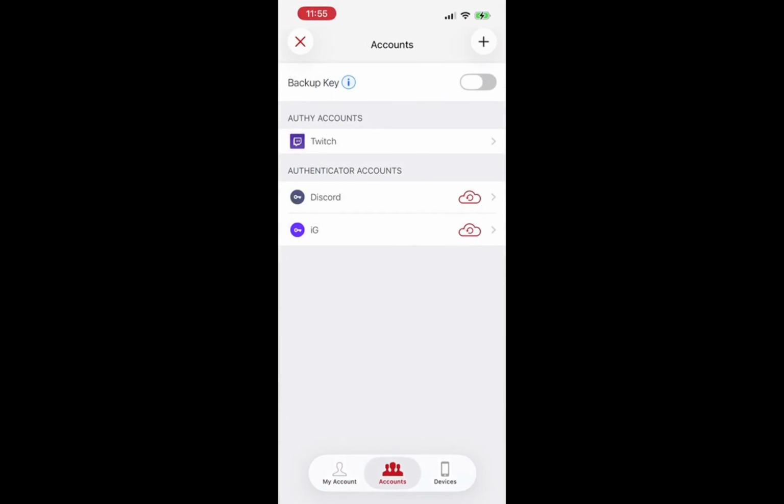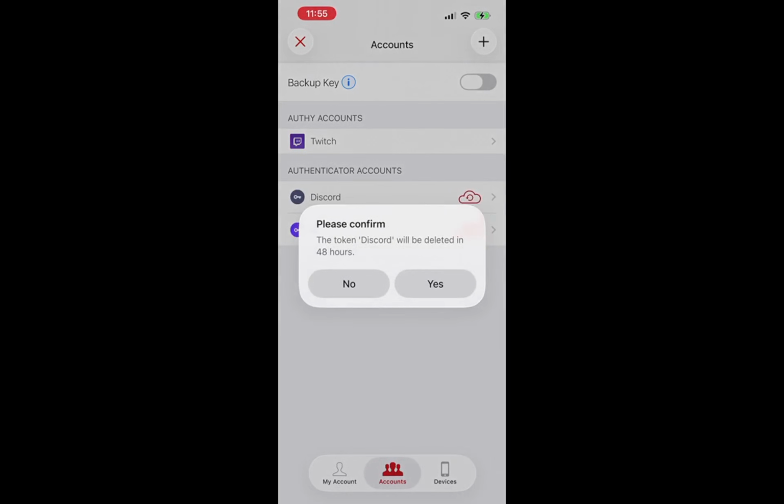On an iPhone or iPad, swipe left on that account and tap Remove. This action schedules the token for deletion. It's a handy feature because you can recover it for a limited time if you change your mind before it gets permanently removed. An important note to remember: if you're transitioning to another authenticator app like Google Authenticator, Microsoft Authenticator,